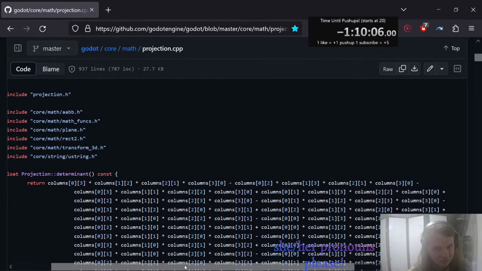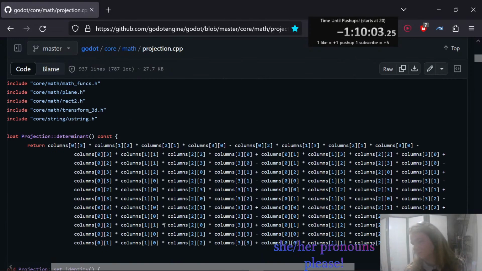And then let's see, here's the monster right here. Return columns[0][3] * columns[1][2] * columns[2][1] * columns[3][0] - columns[0][2] * columns[1][3] * columns[2][1] * columns[3][0] - columns[0][3] * columns[1][1] * columns[2][2] * columns[3][0] + columns[0][1] * columns[1][3] * columns[2][2] * columns[3][0] + columns[0][2] * columns[1][1] * columns[2][3] * columns[3][0] - columns[0][1] * columns[1][2]